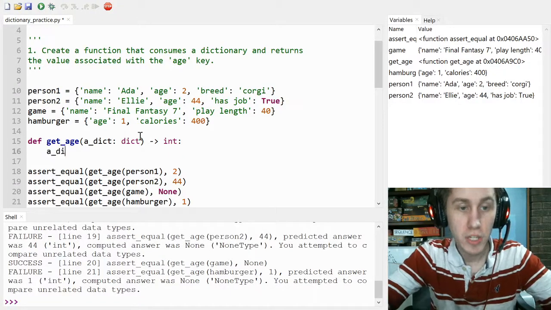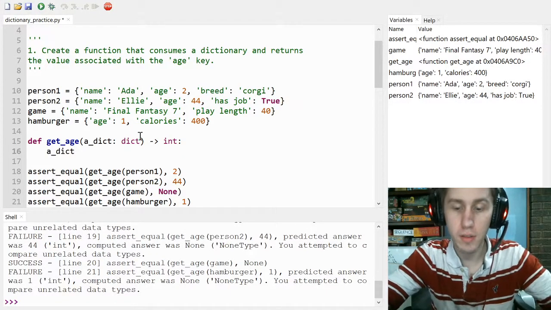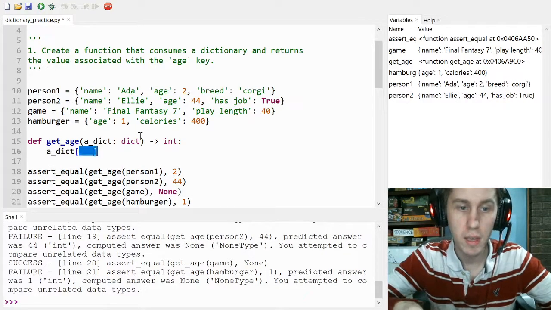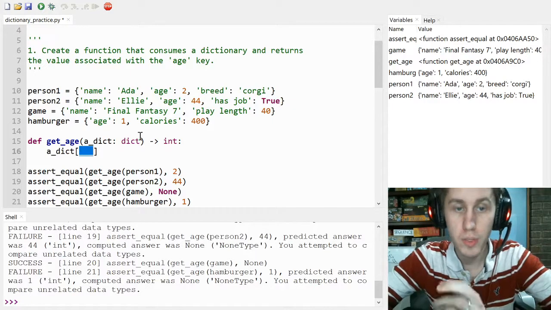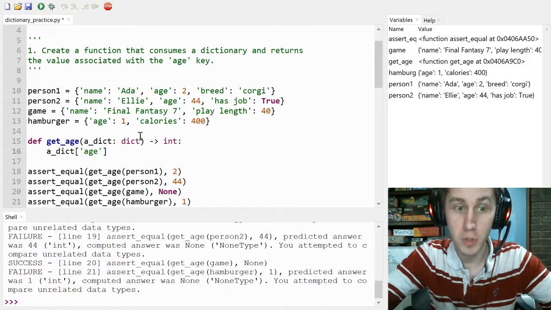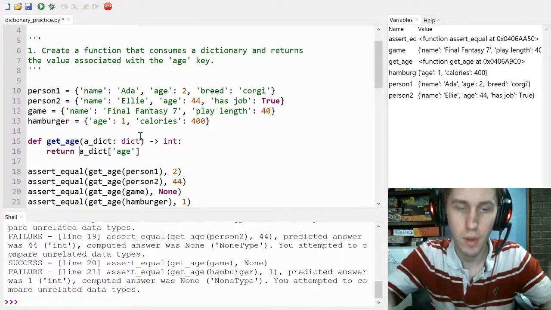When you're given a dictionary, how do you access data in it? You use square brackets, right? So you pass in a key in between the square brackets. This one's supposed to retrieve the age. Okay, well, this function's supposed to return the age key associated with that dictionary, and that's what this line of